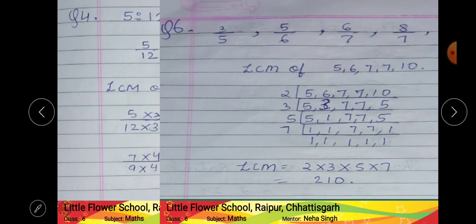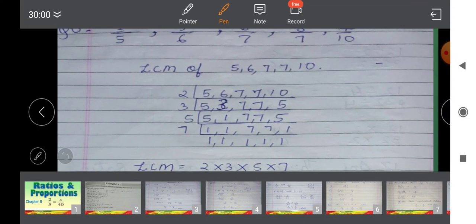Okay. Now moving on to the next question. See, the fifth question, it is simple. 21 by 28. Can I cancel it with 3? See, 28 and 4 it is given. By what number should I divide 28 to get 4? 7. This means 7 4s are 28. So here it will be 7 3s are 21. So the answer here will be 3 by 4. And similarly you can calculate this. See, 6 7s are 42. So 8 7s are, you'll write the answer here.